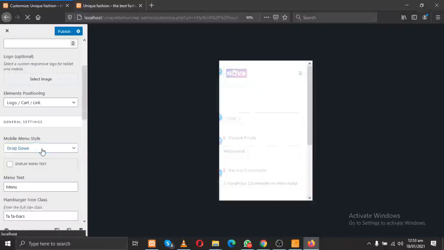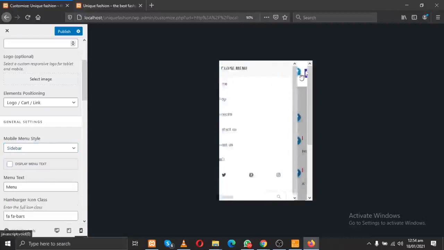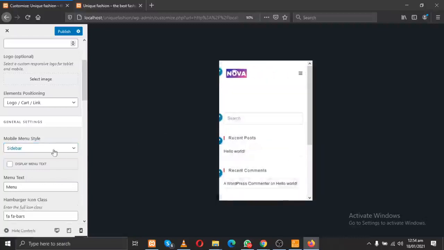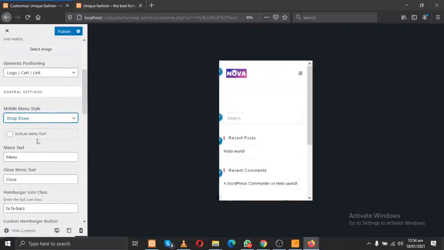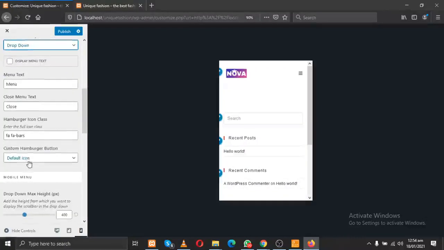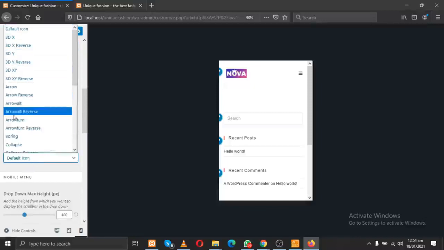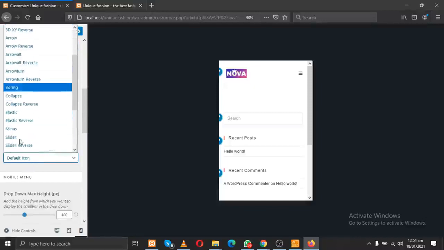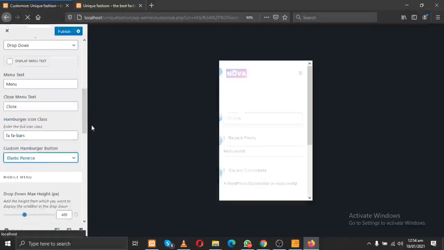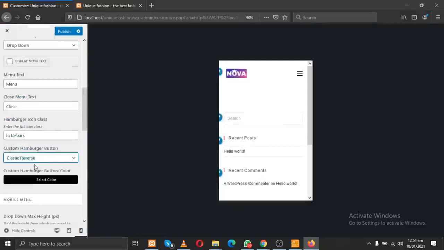Don't use sidebar. This sidebar does not look good. I don't like it personally. Do you understand? So you just use drop down. And menu text, we've already disregarded that. And hamburger, I like arrow. There is arrow reverse, elastic reverse. I like elastic reverse. I always use elastic reverse. Do you understand? It will give you this kind of